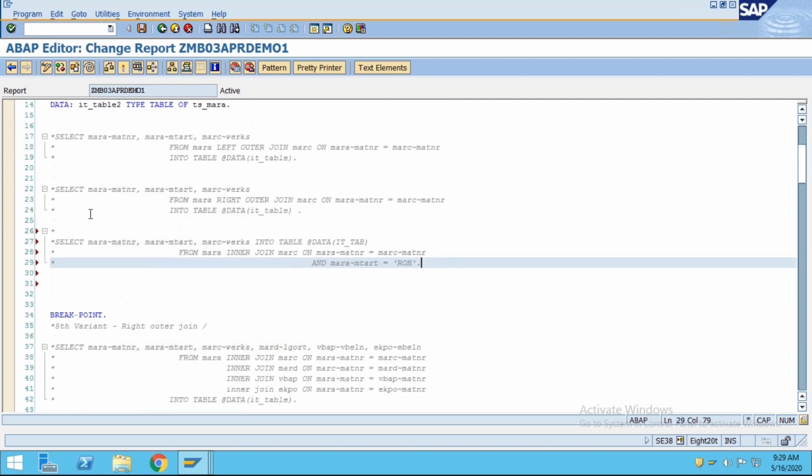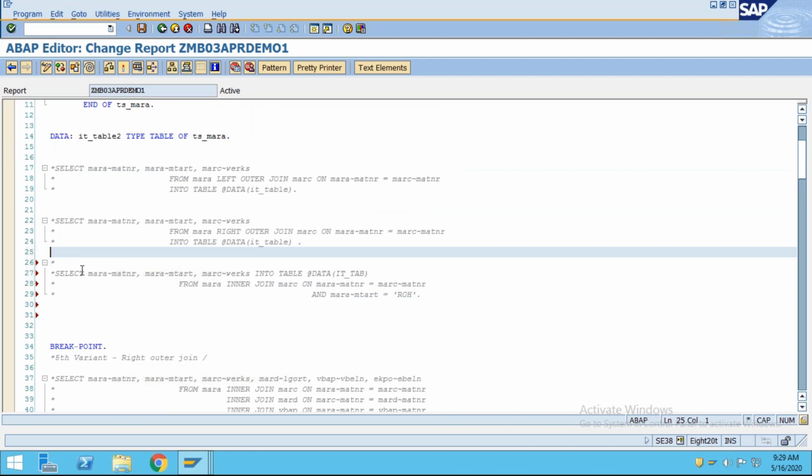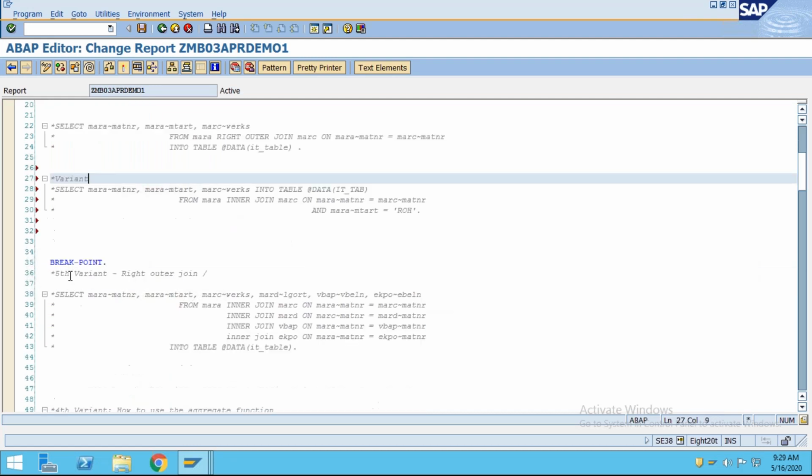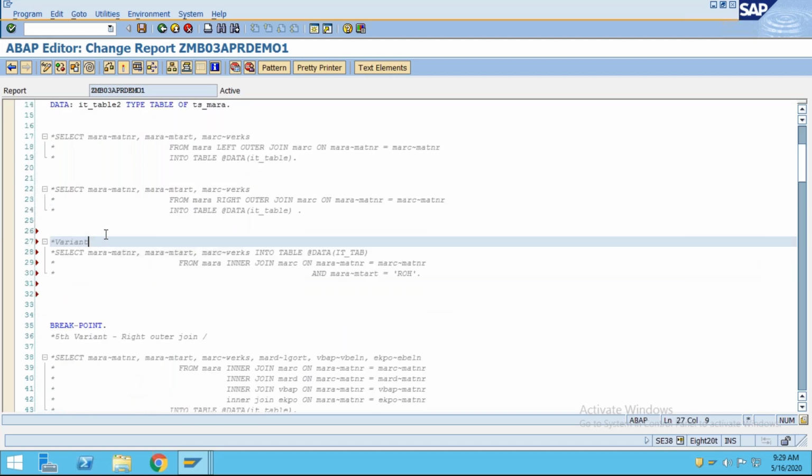I forgot to write the different variants. Fifth variant we have given, so maybe we can write this as sixth.